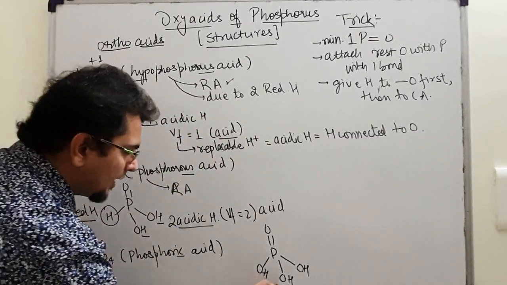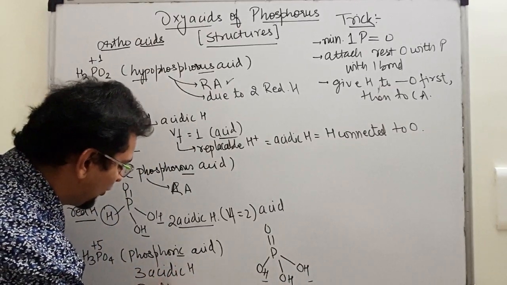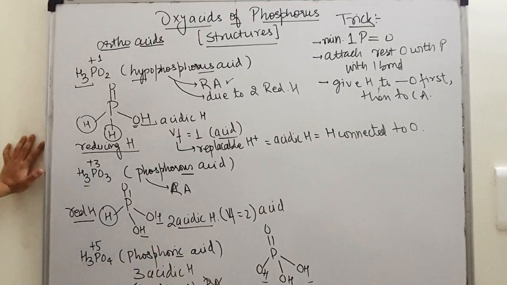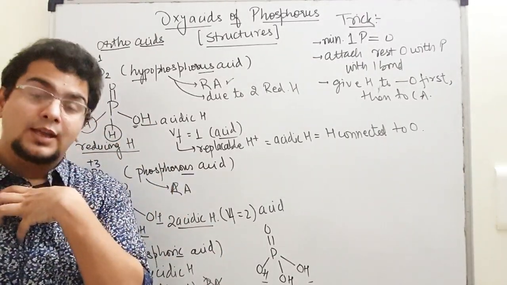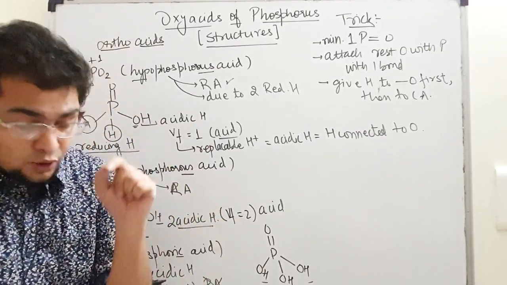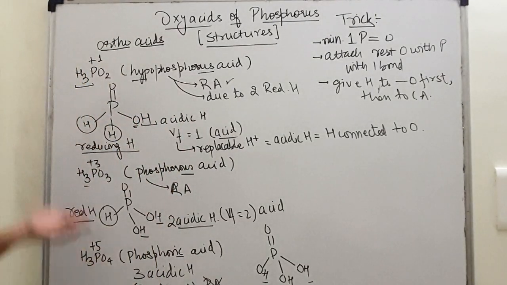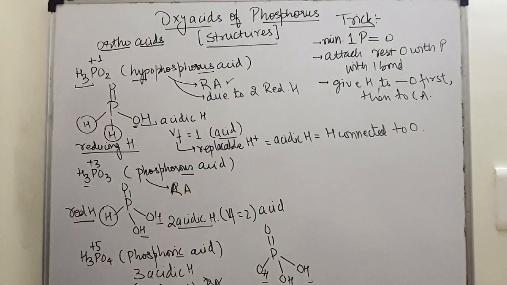Third case, there are 3 acidic hydrogens. Very cute, right? Reducing hydrogen 0. So does it have reducing agent nature? No sir, it is not a reducing agent. There is no reducing hydrogen here. Oxidation state wise also, if any species is in its highest oxidation state, then it acts like an oxidizing agent. Highest oxidation state, oxidizing agent. Lowest oxidation state, reducing agent. So H3PO4 is in the highest oxidation state and can never be a reducing agent. The other way of explaining is that there is no reducing hydrogen. That is why it is not going to be a reducing agent.